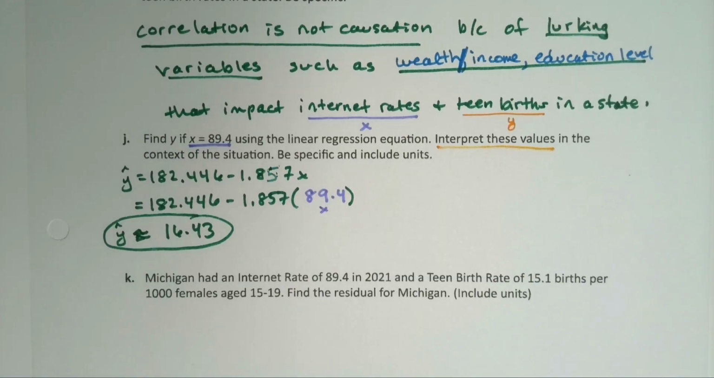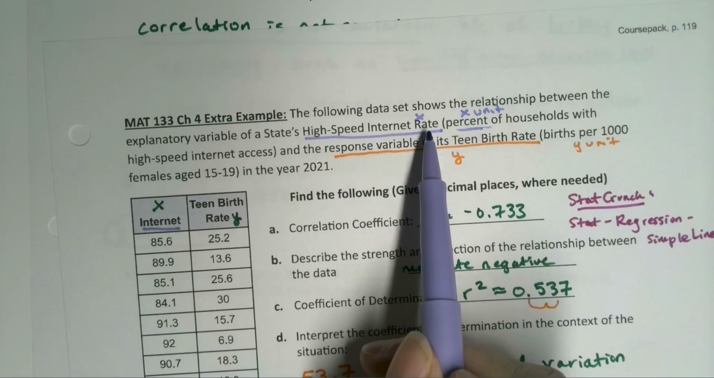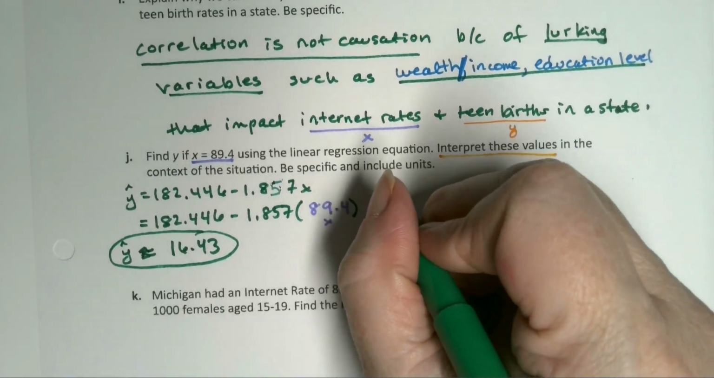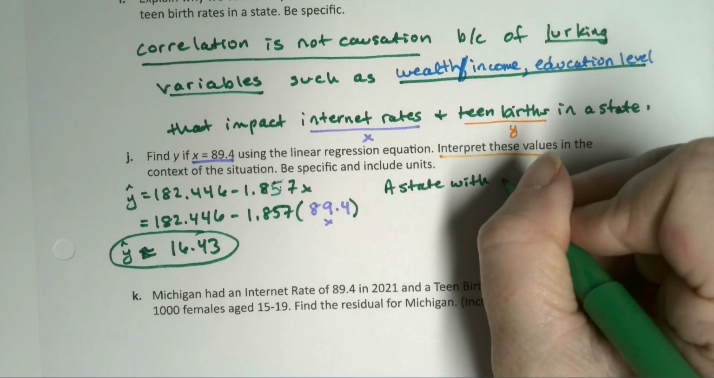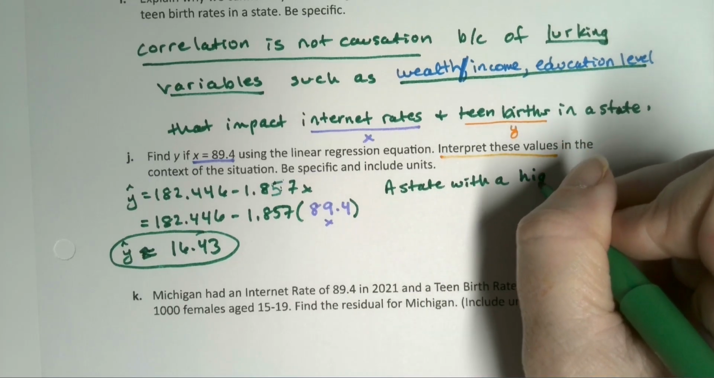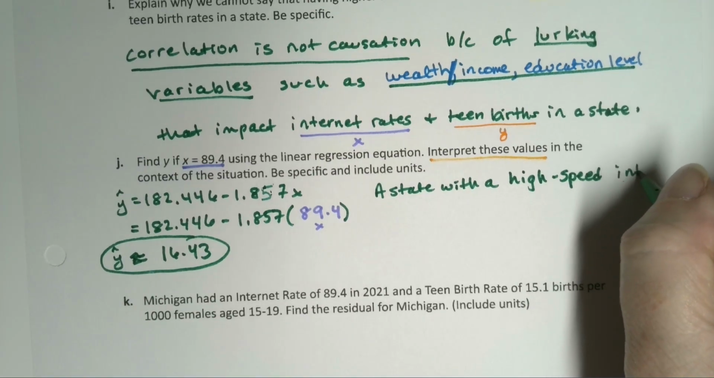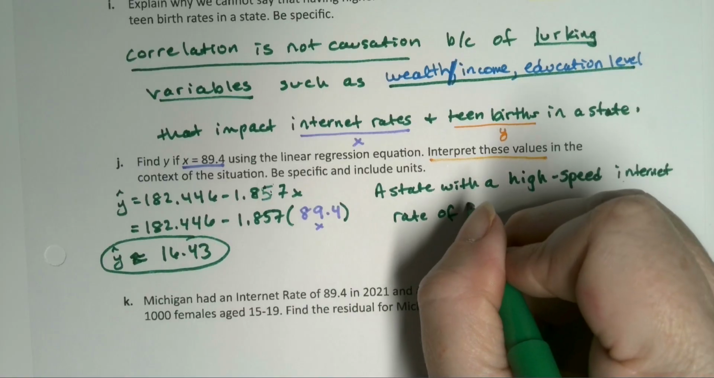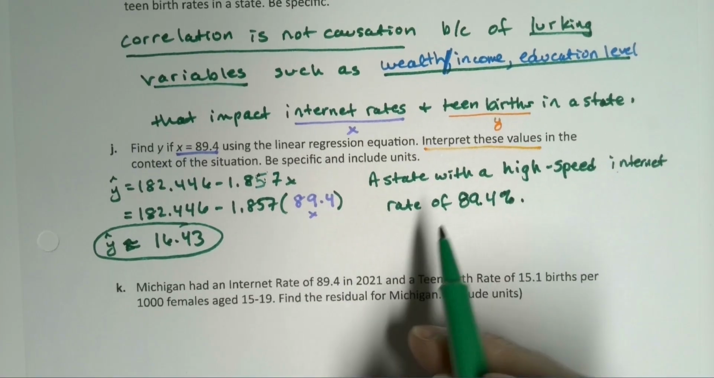So what was x? X was the high-speed internet rate. So a state that has a high-speed internet rate of 89.4% of households, or 89.4%, right, there's the X,